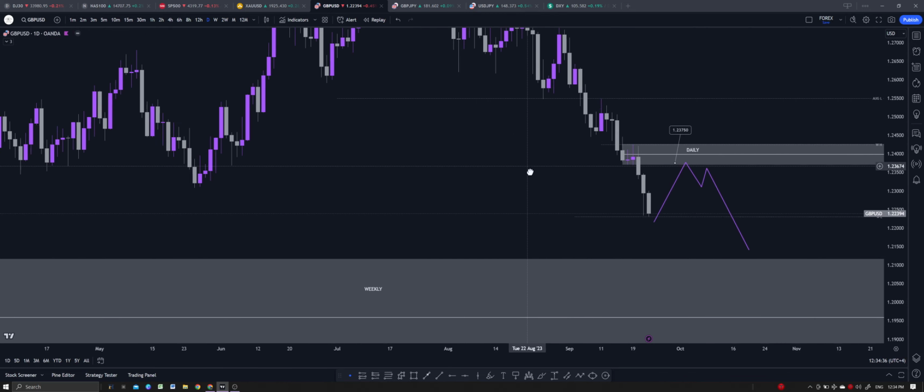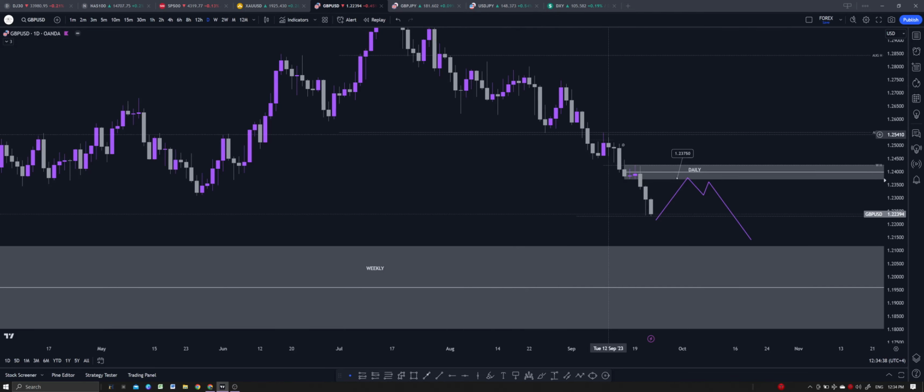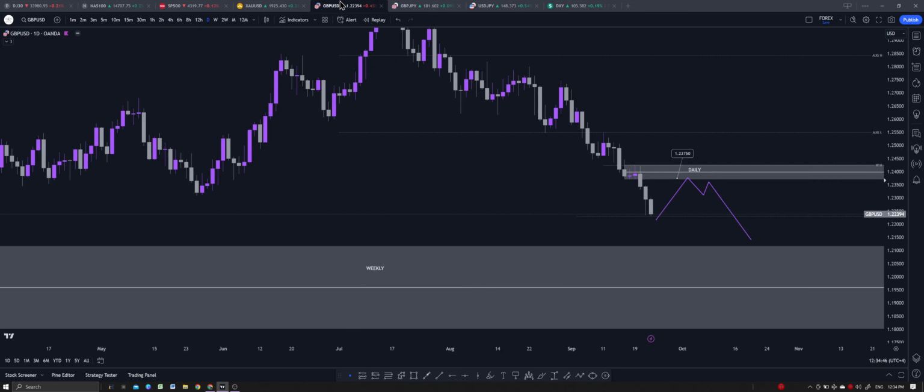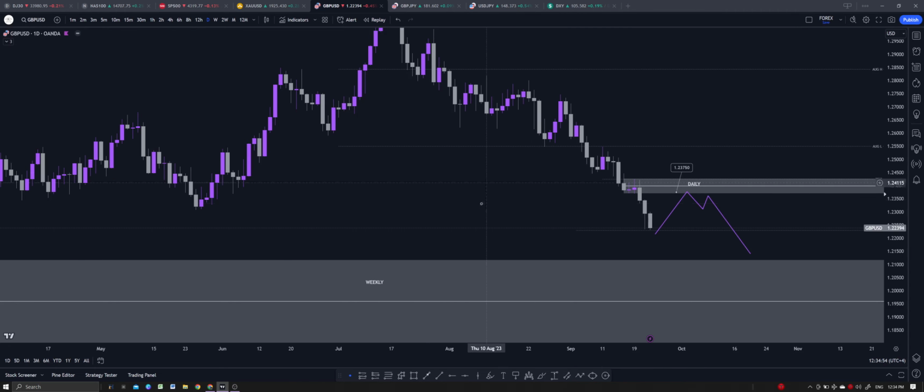And this pair obviously has a clear trend indication. The main reason why is the dollar is way stronger than the pound. But if you compare the British pound with the Japanese yen, the Japanese yen and British pound are somewhat weak, right? Both are kind of weak, and it's a battle of two currencies there. So the Japanese yen is stronger there, but the dollar is way stronger than the pound, the British pound.